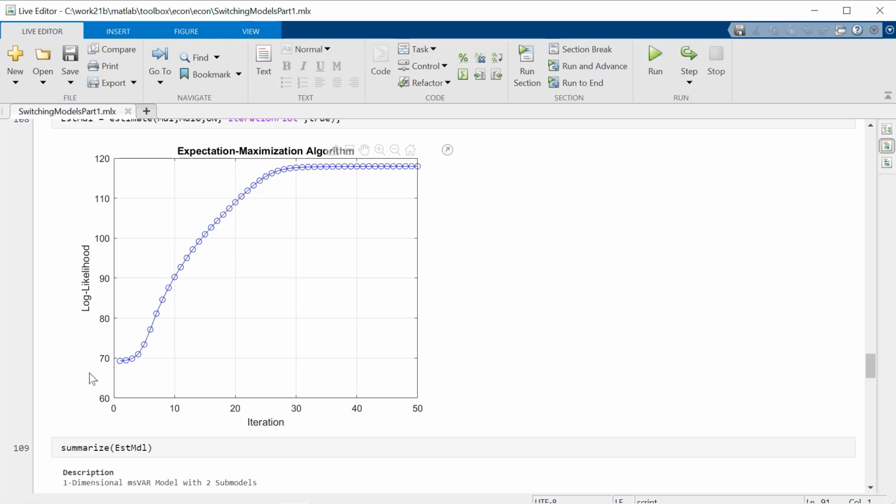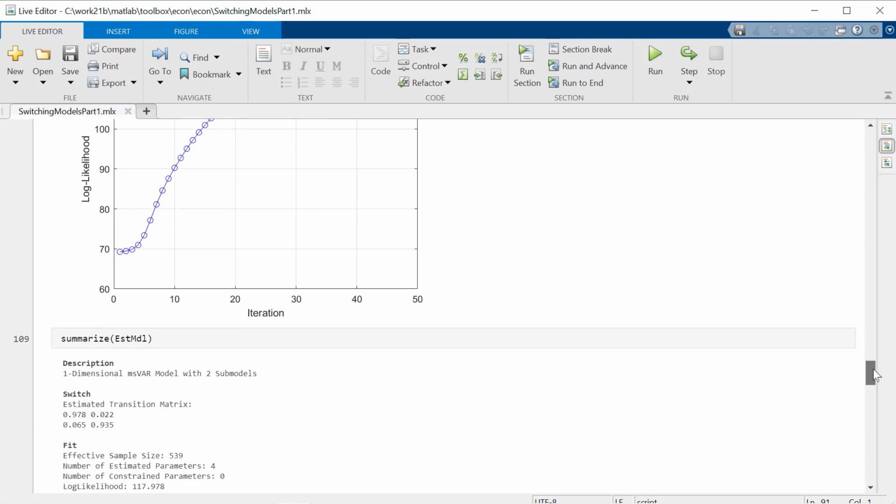What it creates is this plot for each iteration. It shows the log likelihood of the data for the model that's been fitted, and you can see this steady increase, this monotonic increase, which is typical of an expectation maximization algorithm. And it levels off until it stops changing within a certain default tolerance, and the algorithm terminates after about 50 iterations.